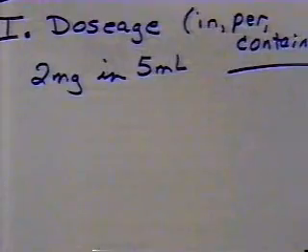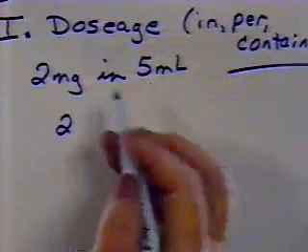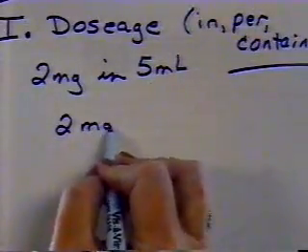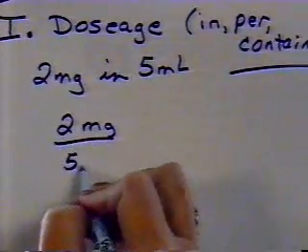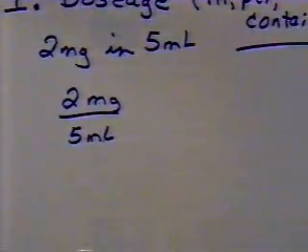Whatever we see in the dosage, we write that down as a proportion. 2 milligrams in 5 milliliters. But you want to keep your labels, because that's the only way to know where to put the next part of the proportion. The next part of the proportion will say something like,